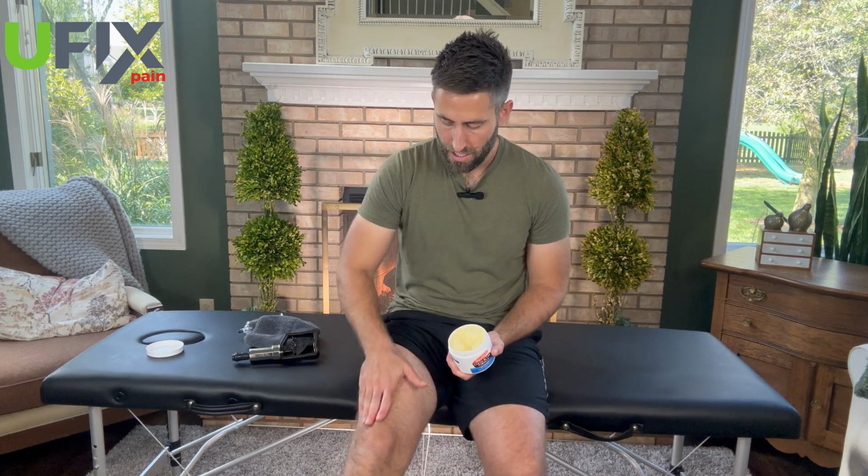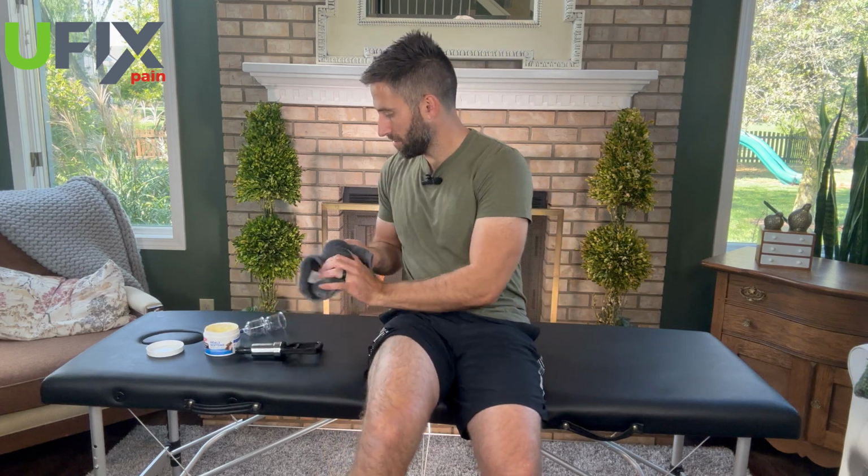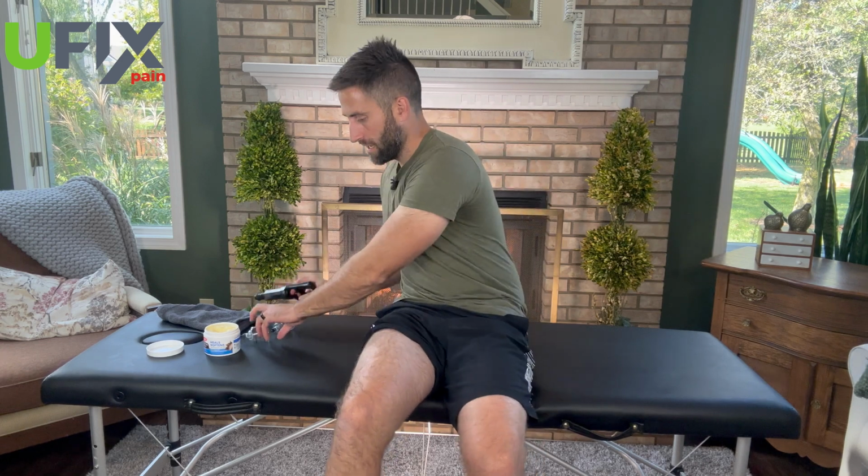Obviously, if you've got a blood condition, you don't want to be doing this either, but it's really safe and it can give you a lot of relief. So I apply a lotion right at the top, on the side, and on the inside of the knee joint, okay? Now what I'm going to do is your cupping set will come with a little gun like this, and